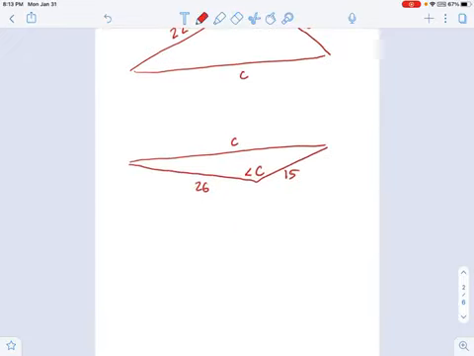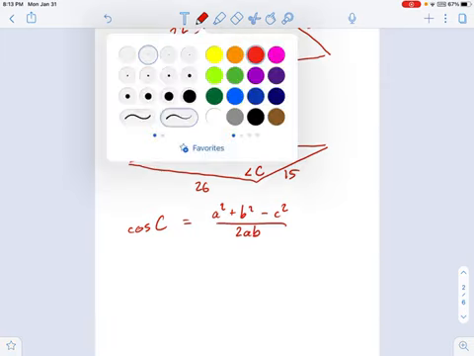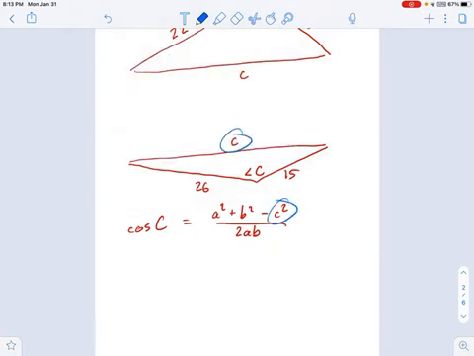So just to keep in mind what's opposite angles and what's opposite sides, and you should be able to keep your law straight. Cosine C, according to the law of cosines, is equal to A squared plus B squared minus C squared, those are all sides, divided by 2AB. And now we just plug these numbers in. We know A, okay, that's 26 or 15 or whatever you want. We know C, okay, C is just this thing we found in the last step. And now you take the inverse cosine, you're going to get the angle C that we're looking for. So that's how you approach this problem.